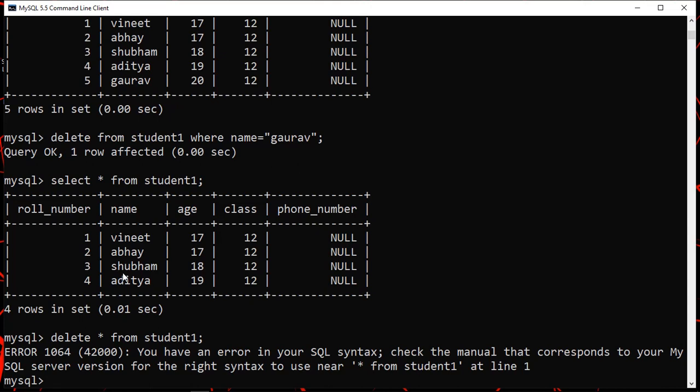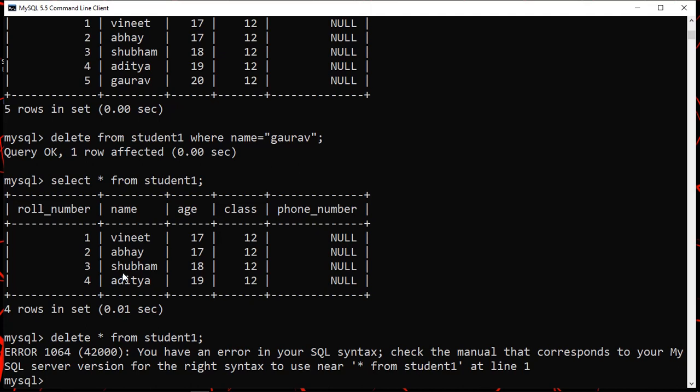Okay, and also let's first discuss how you can create a foreign key inside the table. Already you are having this student 1 table, and in this student 1 table we want to create some foreign keys. So let's see how we can do that. Already I have told you that when you are creating any table, at the time of that creation you can either give the primary key, or you can alter the table and give the primary key later on also. So you have to be very careful about whether you are creating the primary key in the beginning or after the creation of the SQL table.